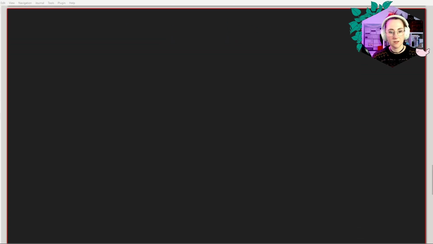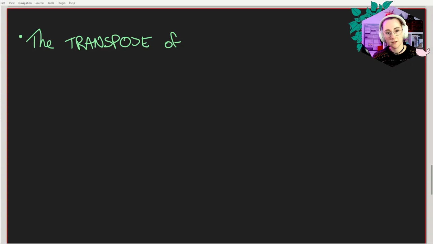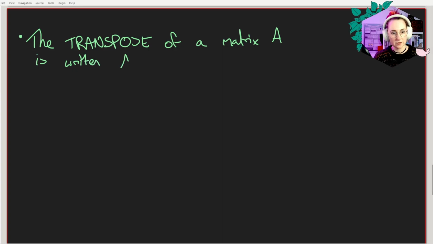Okay, so going on to our second operation. With matrices, there's this thing called the transpose. The transpose of a matrix A is written A with a little superscript t, and is given by the following. So if the entries of A are a_ij,